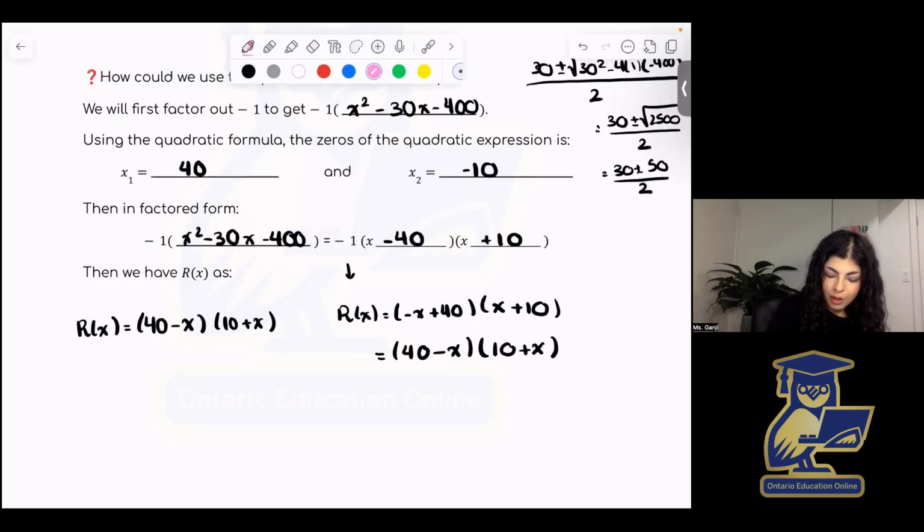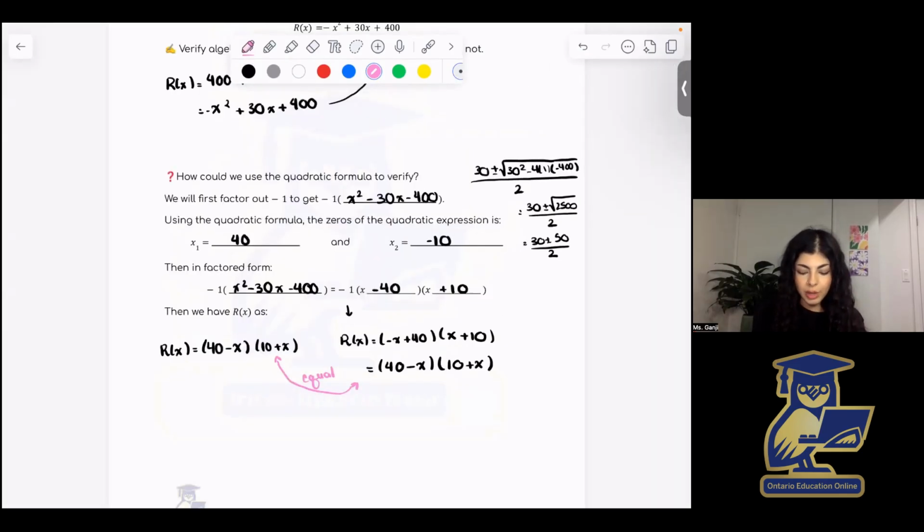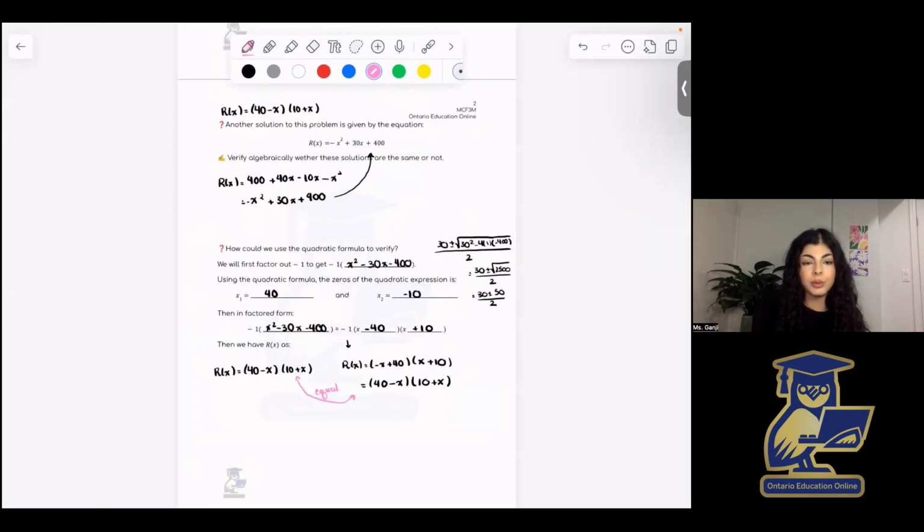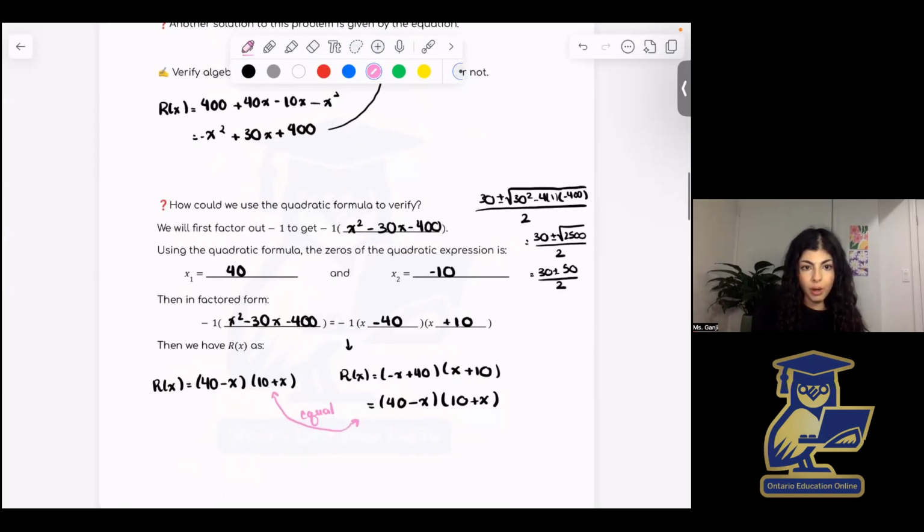And now we see that these two are equal. So yes, we can also get our answer using the quadratic formula by finding the roots and writing the factored form and then expanding to the standard form depending on what the question has asked us. And in all cases, your answer will be the same and you can always algebraically verify or use graphing tools